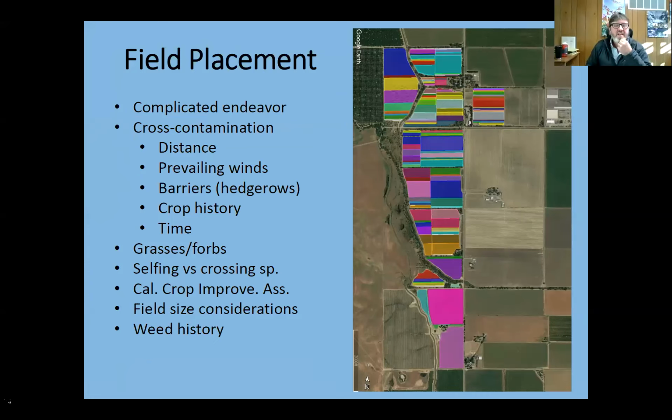Okay, so one of the things also is the cropping history. We talked a little bit about that. One of the things that we try to do is plant a grass over a forb or a forb over a grass. And the idea with that is twofold. One is it tends to increase the production when we do that. But it also provides us with the ability to use grass-specific herbicides or forb-specific herbicides in that field.